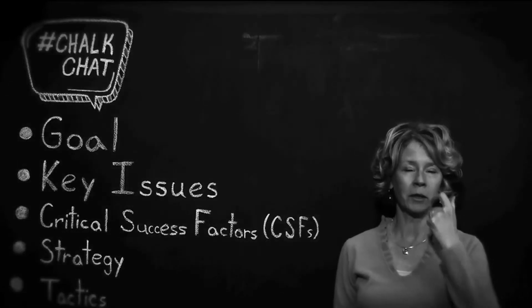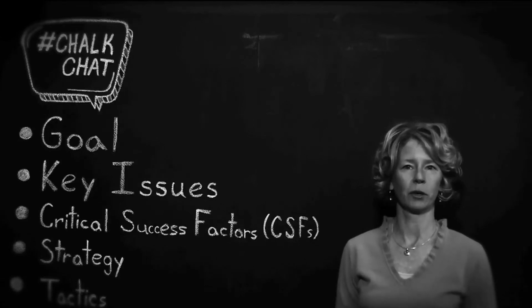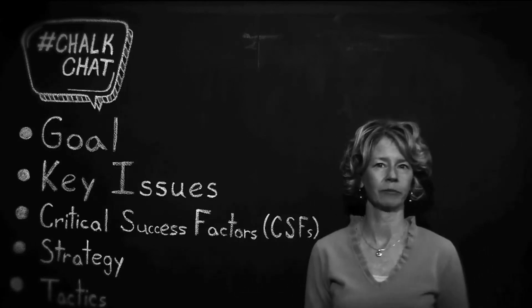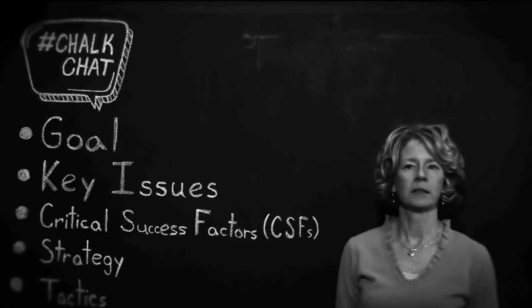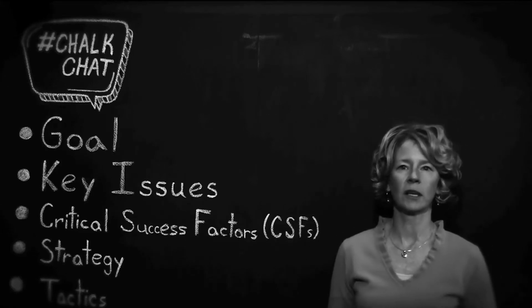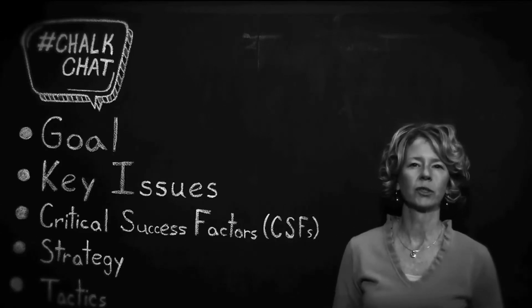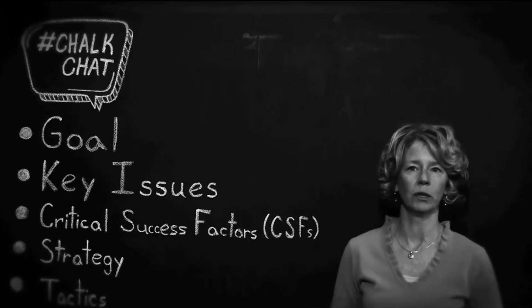Hi, I'm Maureen Wendell with the Account Service Group at Palio, and today we're going to clarify some of the terminology we use around business planning. Business planning is an important part of the annual marketing cycle. It's a time where the brand team and cross-functional partners in the agency can all work together to make some clear choices for what the brand's going to accomplish over the course of the next 1 or 2 years.